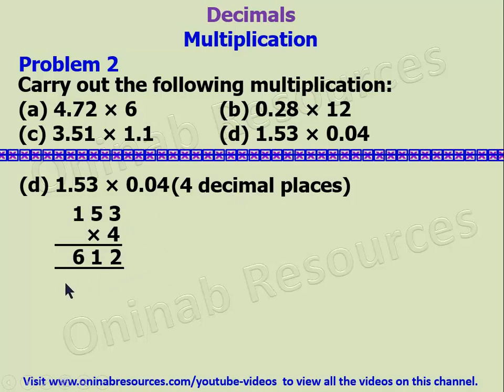Then we place our decimal points. From here, we have 4 decimal places, which means we are counting 1, 2, 3. This is now up to 4. We can add 0 before the number to make the digits 4, so that we will now place our decimal point as 0 point, because this is 1, 2, 3, 4. 4 decimal places, then 0, 6, 1, 2, which gives the solution of the product of 1.53 and 0.04. That is the end of solution to problem 2 for multiplication of